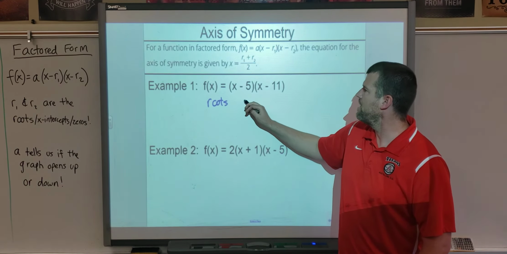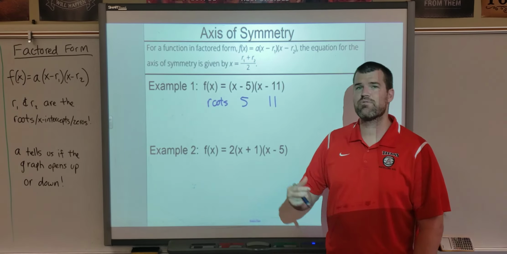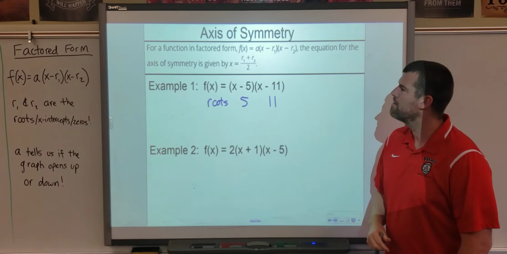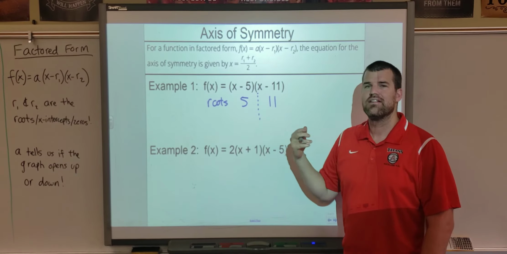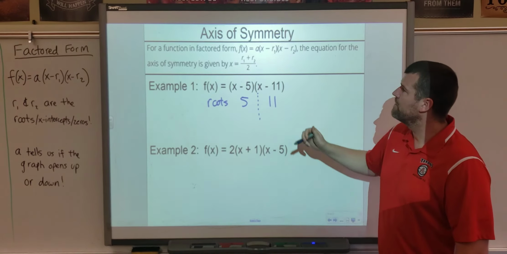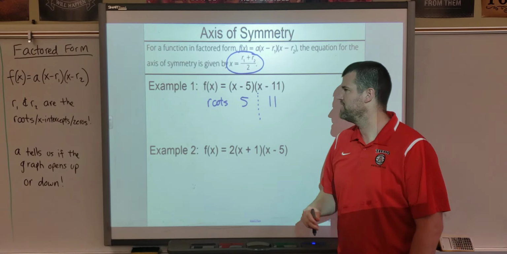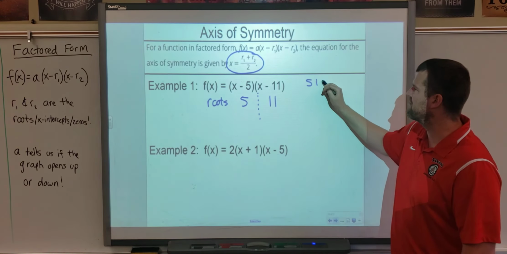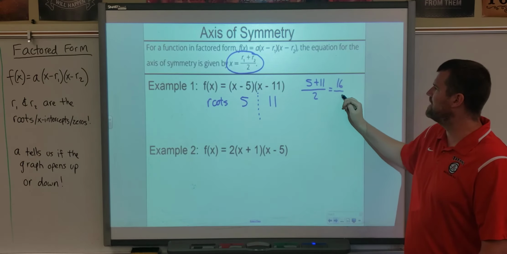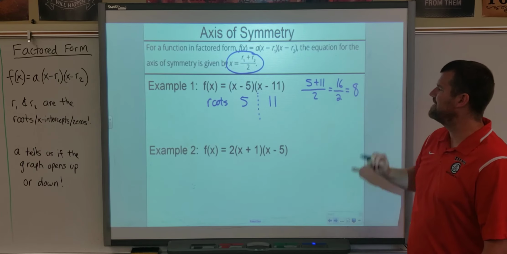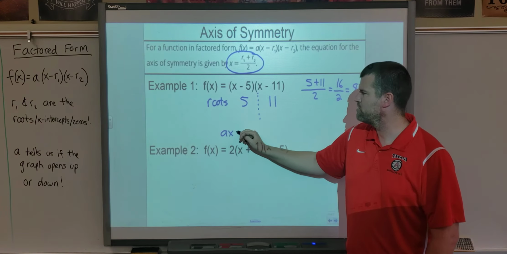will be positive 5 and positive 11, right? Our x-intercepts would be 5, 0 and 11, 0. Well, what is halfway in between 5 and 11? So you could probably do this in your head, but if you want a formula, you just add the roots together and divide by 2. So I can do 5 plus 11 divided by 2, which is 16 divided by 2, which is 8. So if my roots are 5 and 11, my axis of symmetry